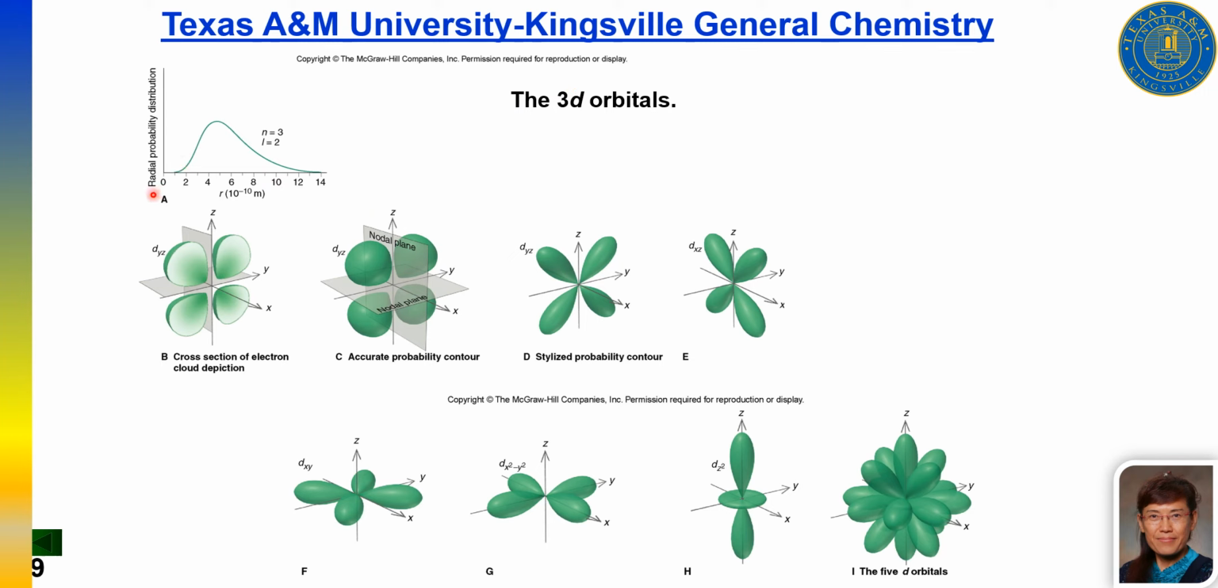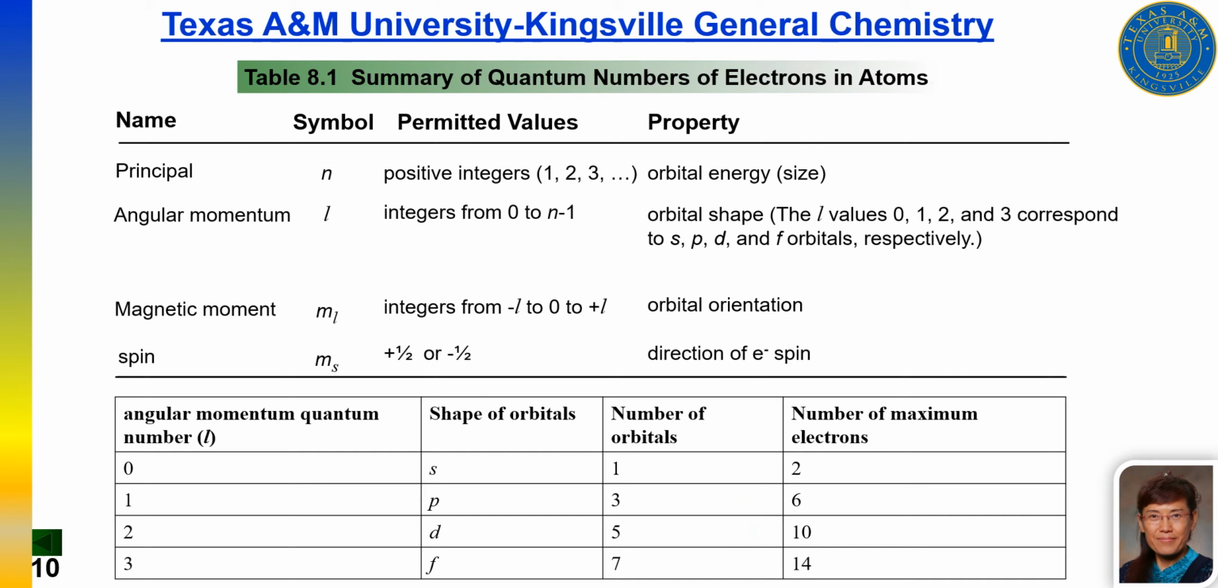The A also is the radial probability distribution. B, cross-section of your electron cloud depiction. So it's more accurate. So dxy, dxz, dyz, and dx squared minus y squared, dz squared. So that's the different shape of your d orbitals. Your f orbitals are also summarized in the solutions for one of your questions. This table